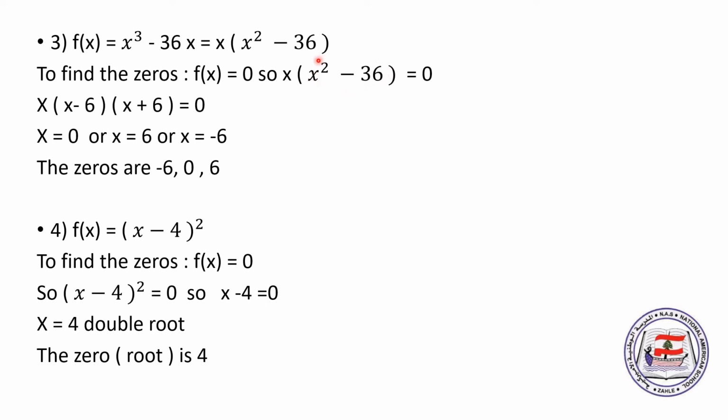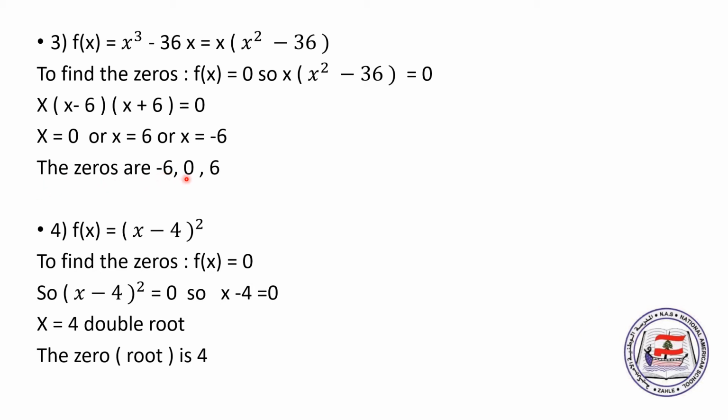It can be factorized using the remarkable identity a squared minus b squared. So we write x into x minus 6 into x plus 6 equal to 0. Taking each factor equal to 0, we get x is 0, x is 6, and or x is -6. So for this polynomial, we have 3 zeros,